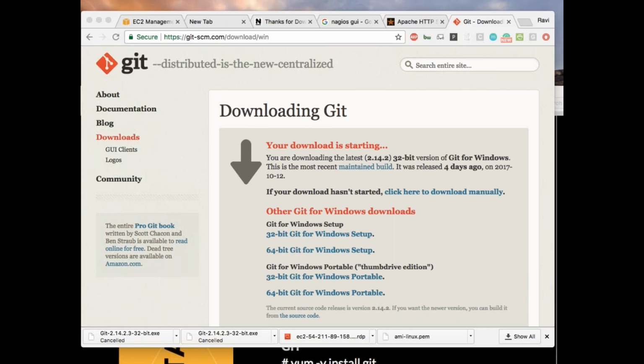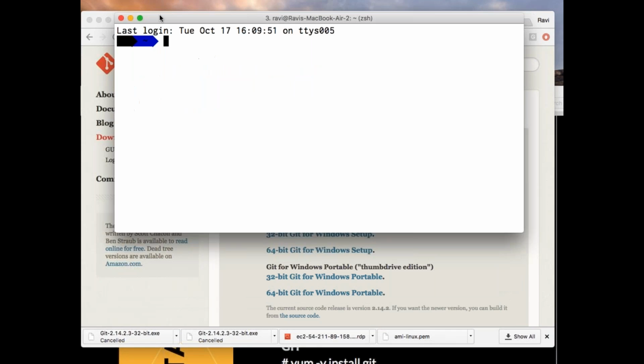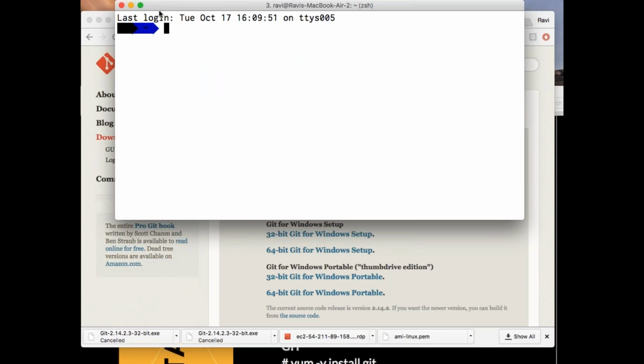I'll open one more prompt for me. And this particular thing is the same as your Git Bash over there. So whatever I'm doing here, you can do the same command in that machine as well. Let's say I want to check the Git version which is installed in my system. All I need to say is git --version, and it will tell what particular version of Git has been installed on your system.